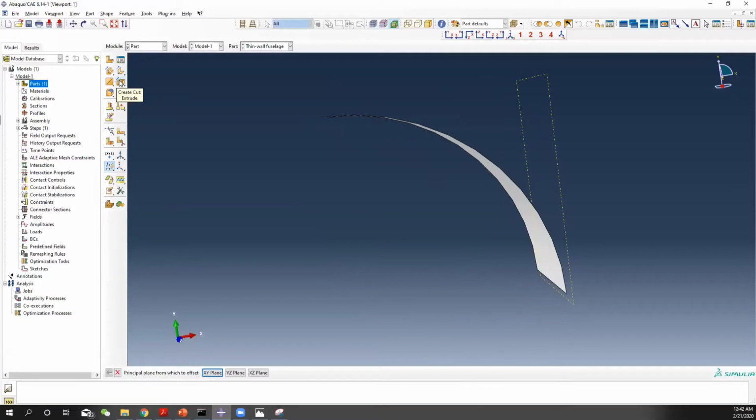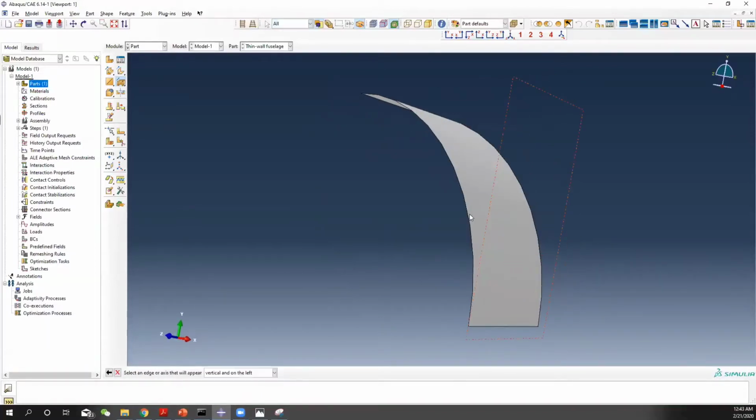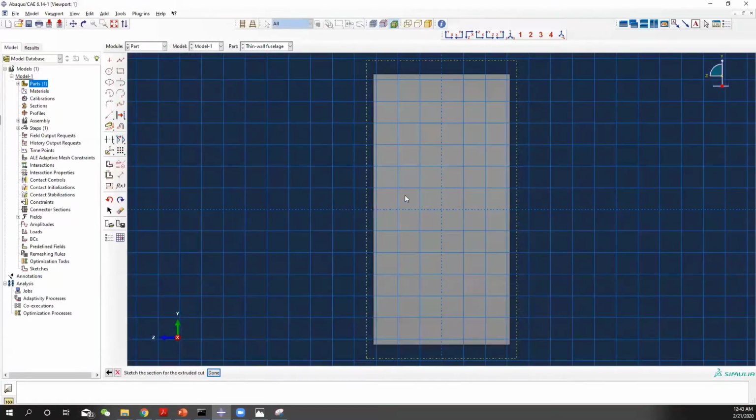And you select this, create a cut from extrusion, then use your datum plane, change that to left view, and then select this edge. Now you will see your right view of your shell. Before we actually create the things, we can create some center line, reference line first. So we do